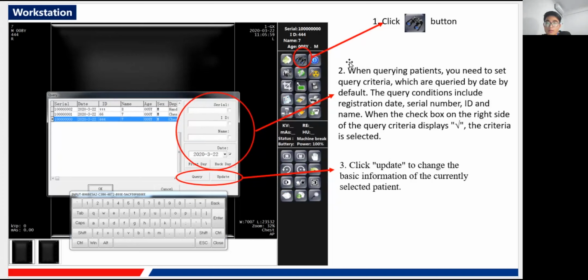And then of course you can just update to change the basic information of the currently selected patient. It is very easy to use, just a normal query system. And here you can also choose which date information you want to check. Okay,